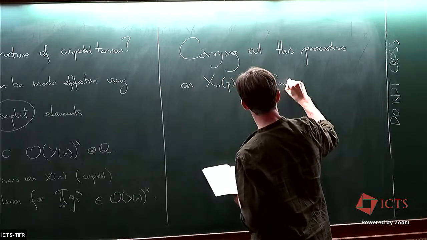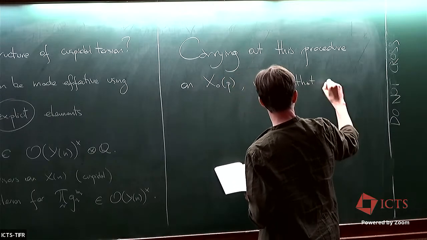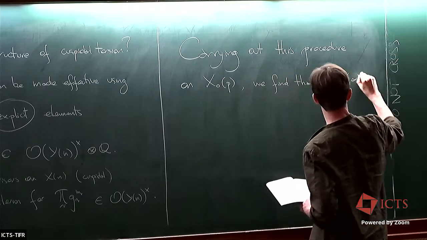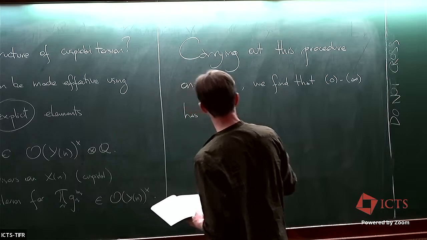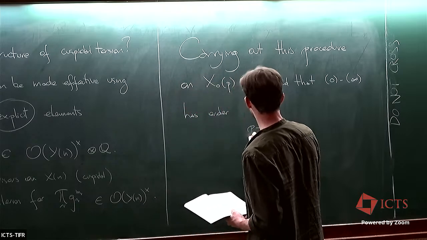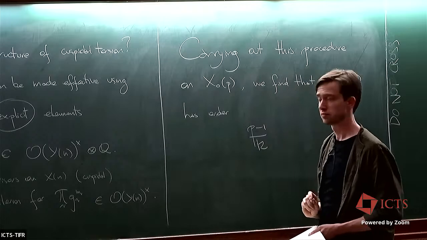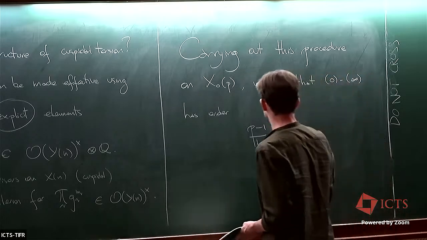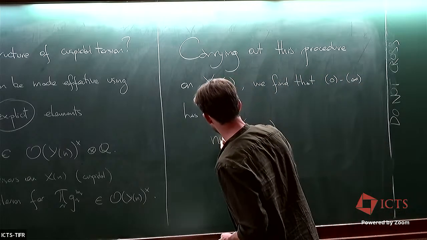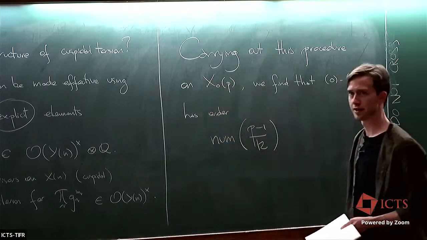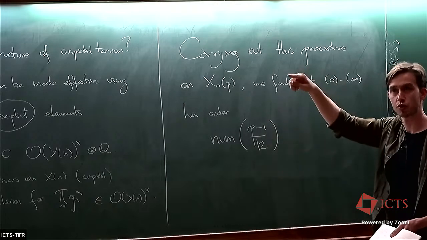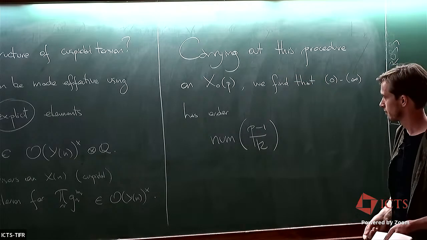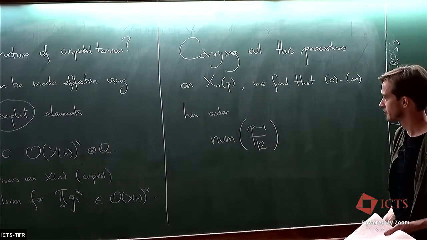So we find that 0 minus infinity has order p minus 1 divided by 12. Well, that's not always an integer. I'm going to take the numerator of this, which I'll denote here by num. So I write this in lowest common terms, and then I look at the number on top. Okay, very good. For example,